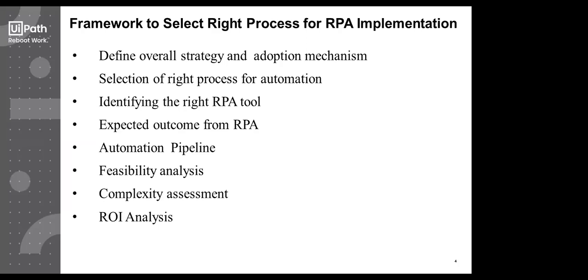Then the automation pipeline. So organizations implement RPA, they get the results, and they are very happy that the bot is performing very efficiently, at a faster rate. And the employees who were put into that repetitive task no longer have to do that repetitive task, and they can invest themselves in more complex tasks, increasing the productivity of the organization.